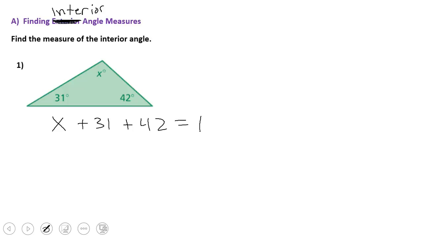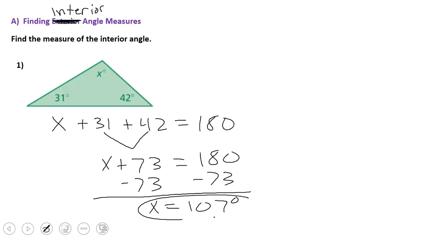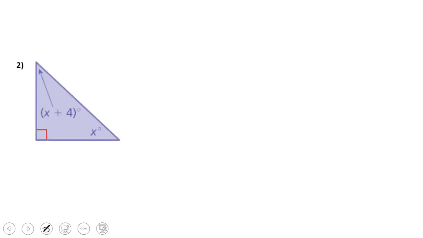And we know that all triangles have an interior angle sum of 180. So when we add those 2 together, we get X plus 73 is equal to 180. And then when we subtract 73 from both sides, we find that X is equal to 107 degrees. So that means this angle right here is 107 degrees. We're not going to do any more of those. You know how to do that. But we're going to add a little something on our